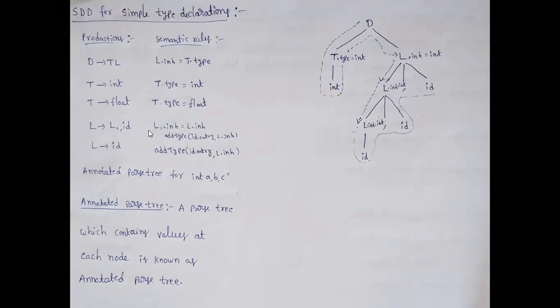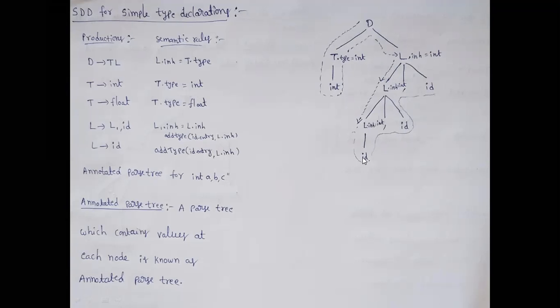So L produces L1 comma ID. So again L is parse tree L1 comma ID. And finally we are taking ID as the production. So this is the given parse tree. So D produces TL and T produces int and L produces L comma ID and again L produces L comma ID and again L produces ID. So this is the